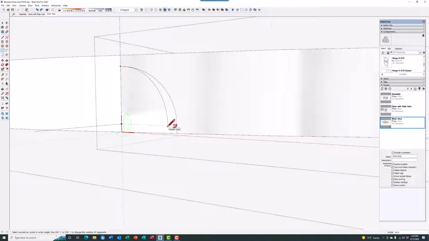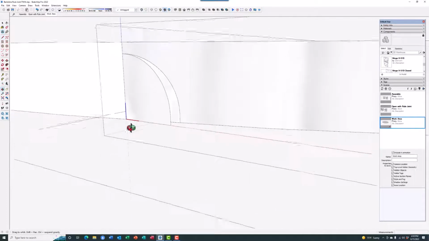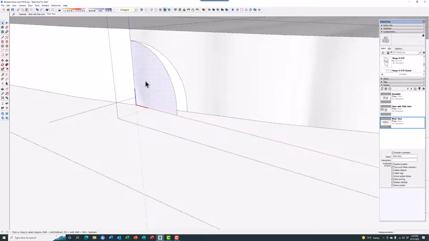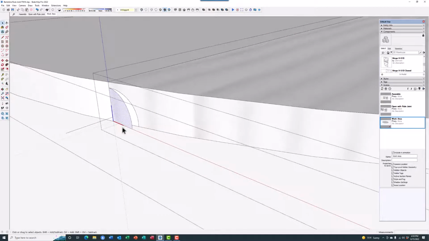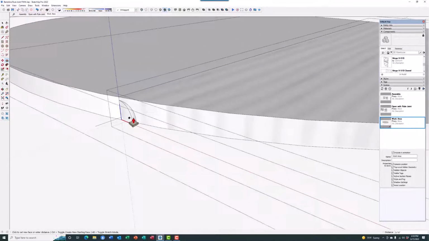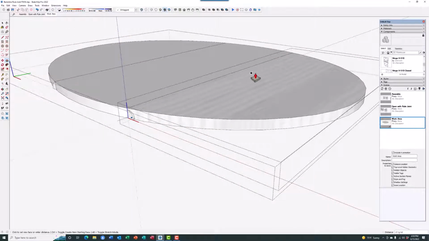It stops there at a quarter of a circle, and then I can come down with a streak on blue axis to the point there, close that up. Now I've got a face, and I can run that face, control key, option key, so I'm pushing now that face all the way through to the other side,